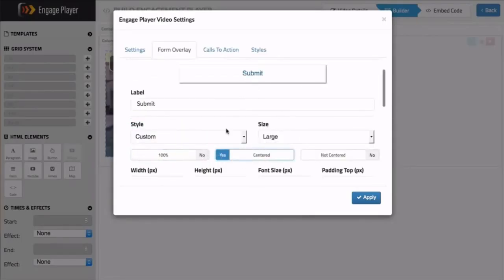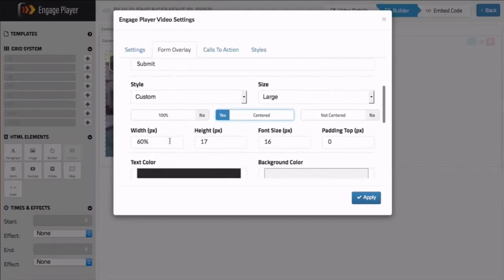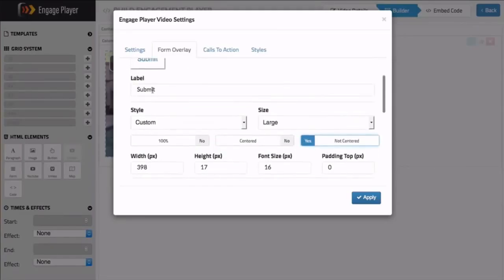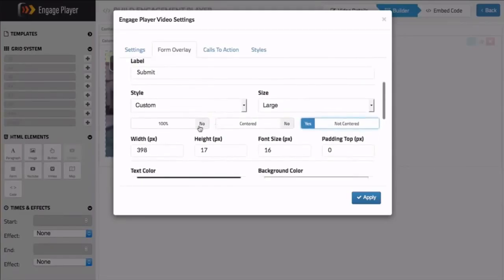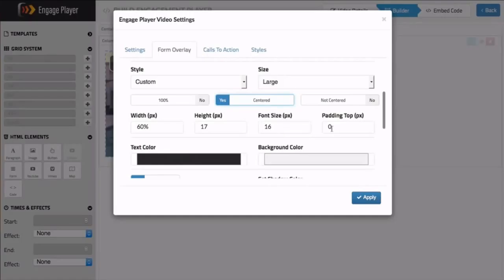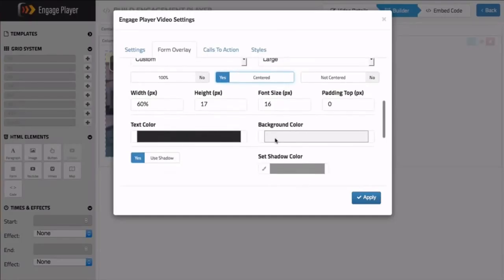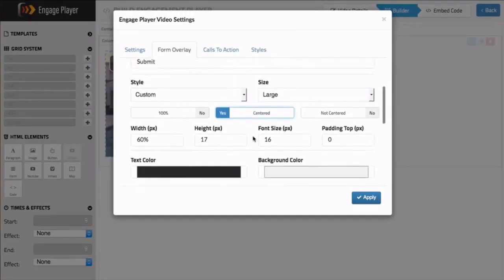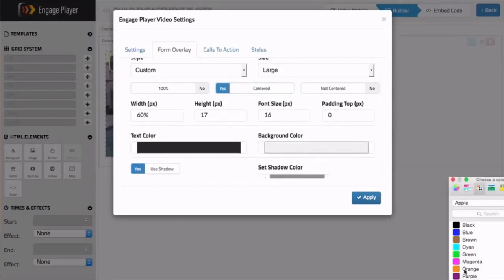We can have it centered at a certain percentage or pixel, and then not centered, so we have it over here. Right now we're going to have it centered, and I think I'll just leave it at 60%. That looks fine. You can change font sizes, some padding, text color, the background color as we have it as custom. So let's go ahead and just pick a